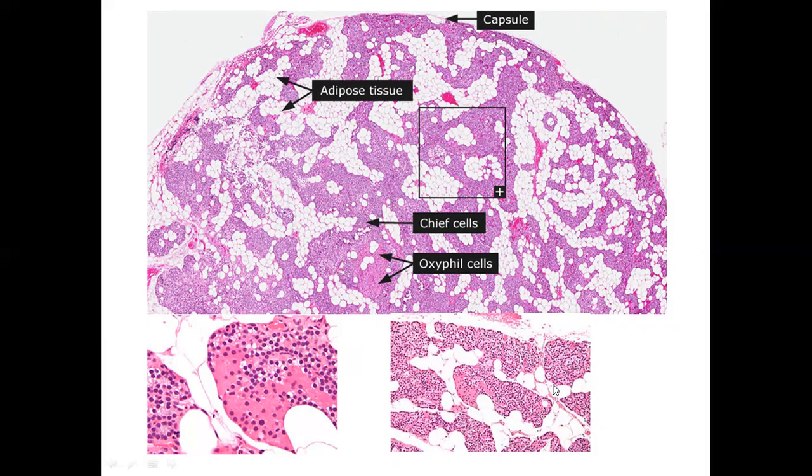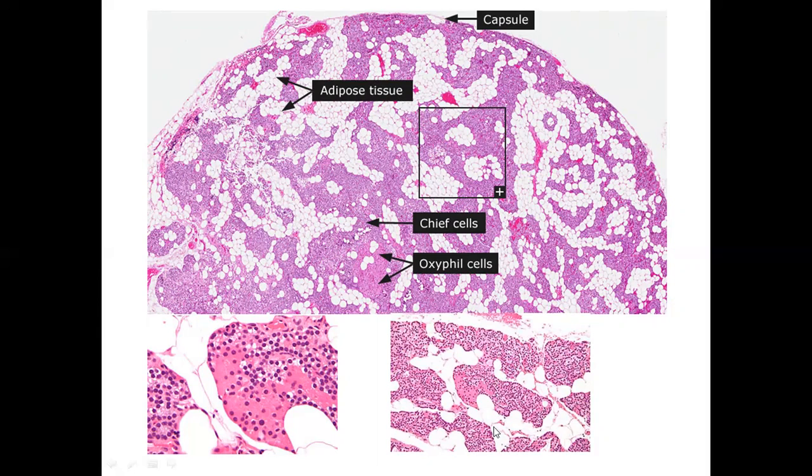If you magnify this particular area, this is how it looks: there is adipose tissue between the parenchymatous cells, and a capillary network. The parenchymatous cells are chief cells, which have a smaller size, prominent stained nucleus, but thin stained cytoplasm. Between them, there are small clusters of cells which are larger in size, have a stained nucleus, but more eosinophilic cytoplasm. These are the oxyphil cells.